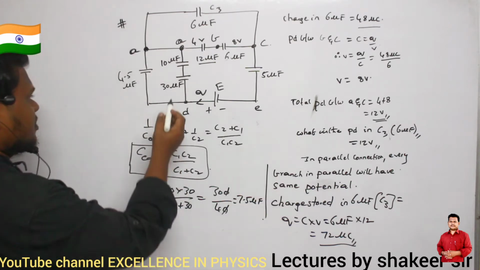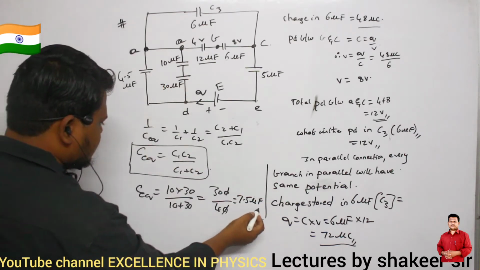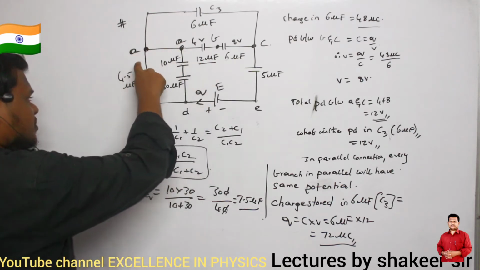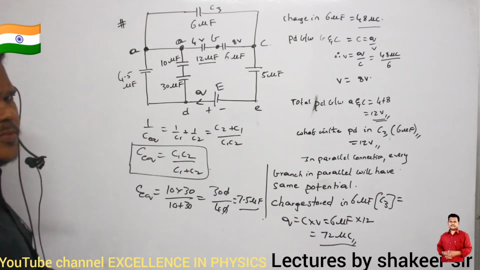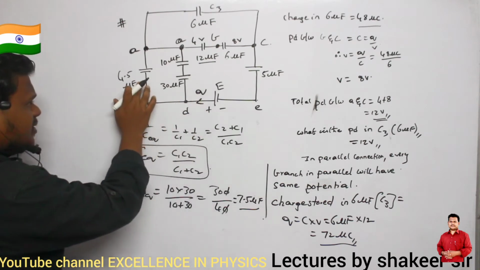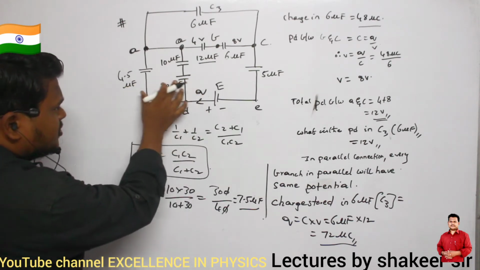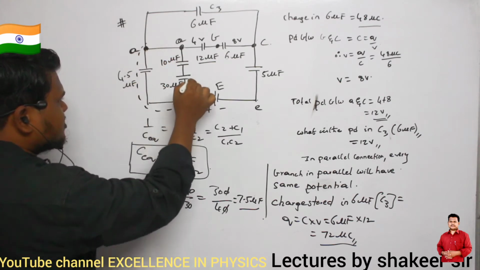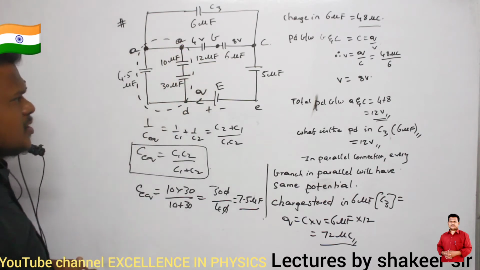That's all, no? So the capacitance of this one and this one is how much? 7.5 microfarads. So this 7.5 microfarads is in parallel with this 4.5 microfarads, no, ma? All of you are able to understand? 7.5 microfarads, this in parallel to 4.5, no? Now what is the total capacitance of this combination, can you see? Total capacitance of this combination is how much?